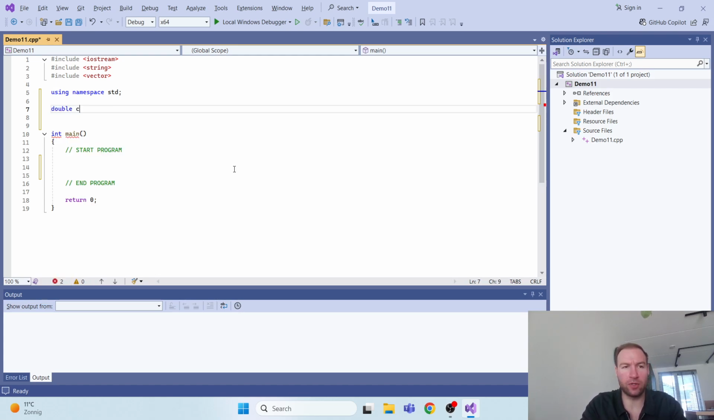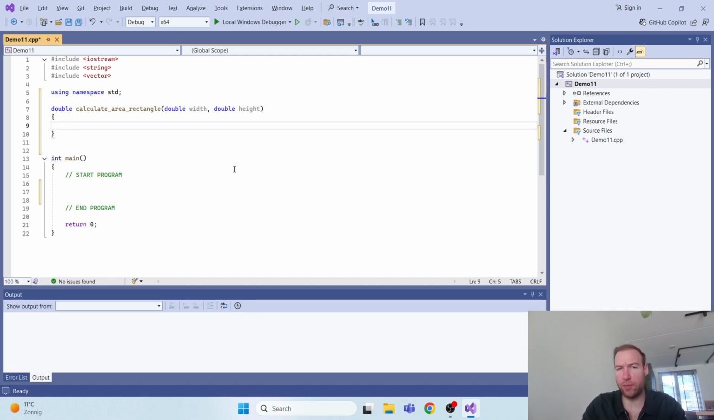So for example, calculateAreaRectangle, and then we type rounded brackets, and between the rounded brackets we place the input of the function. And in this case we have two inputs, namely the width and the height of the rectangle. Like this. And now we have to implement the function, and to calculate the area we have to multiply the